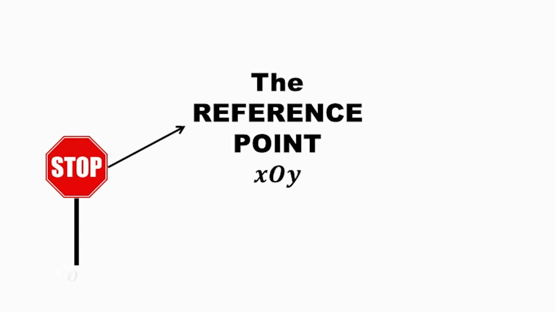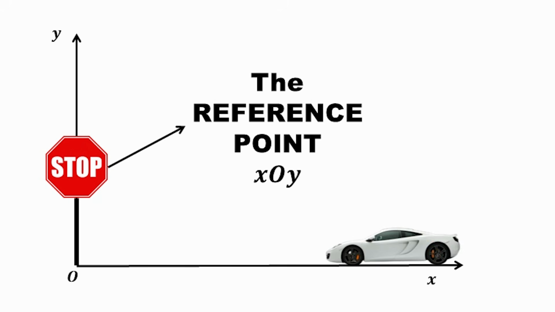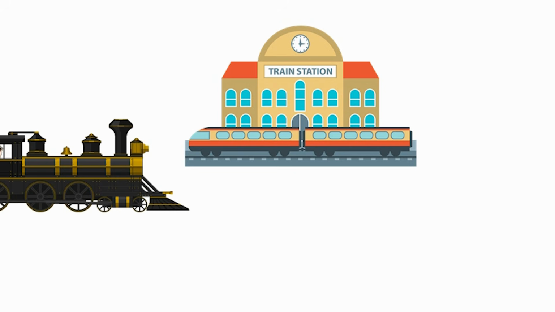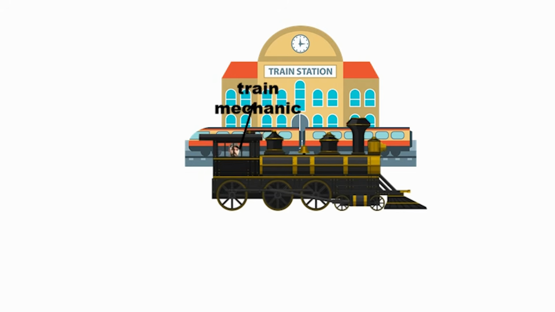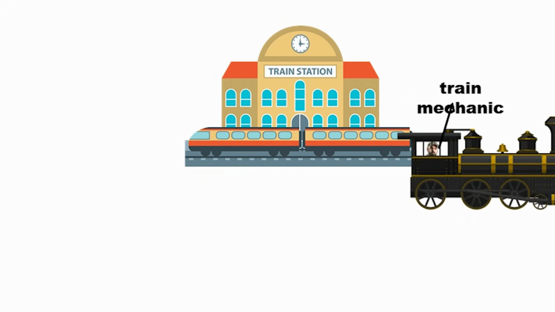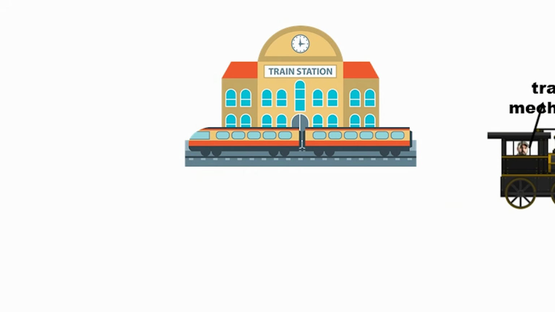To describe motion, we need a reference point. A reference point is an object we choose and consider to be at rest. Example, you are sitting in a train. Relative to the train, you are at rest. Relative to the ground outside, you are moving. Same body, two different descriptions. Both correct. Without a reference point, the concept of motion has no meaning.